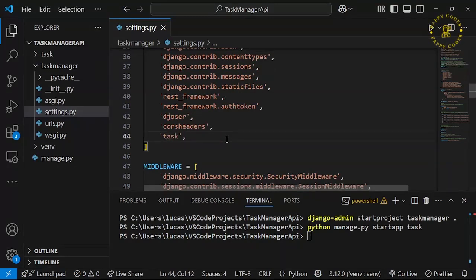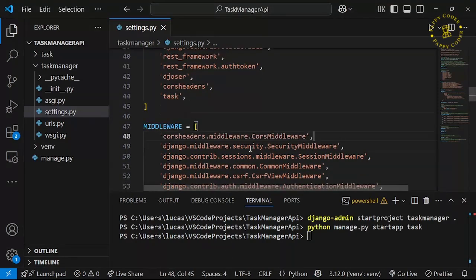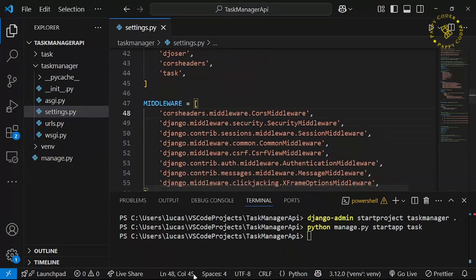Okay, so for the middleware, I'm going to add a middleware there as well for the CORS headers. Just going to copy that and paste pretty quick. Okay, so we have that already added. So this is going to handle the CORS headers. We also have some few settings for the CORS headers that we also need to add. So I'm just going to paste that as well,